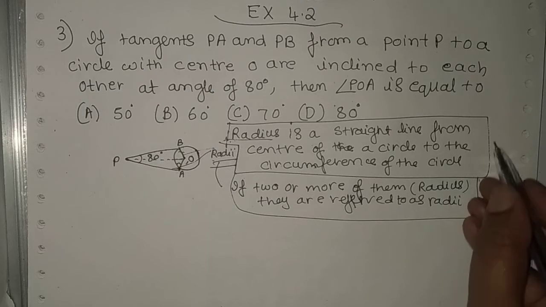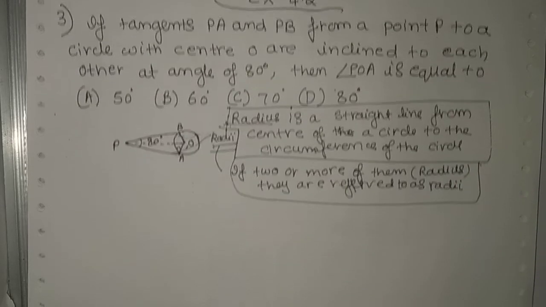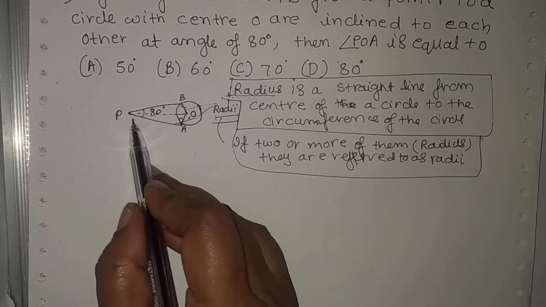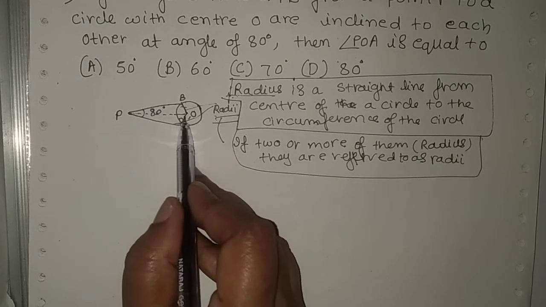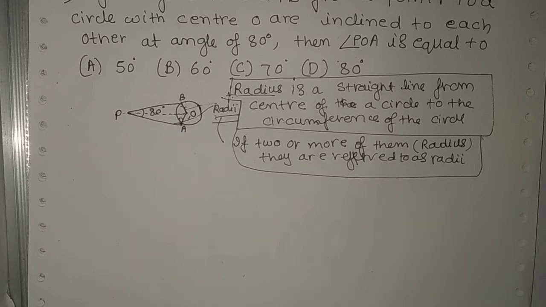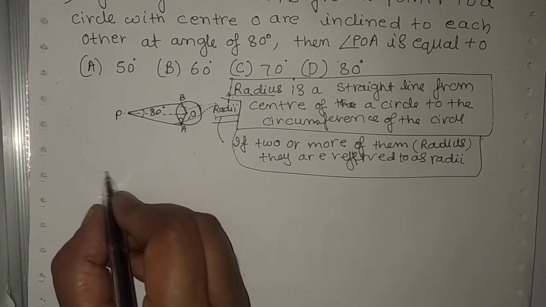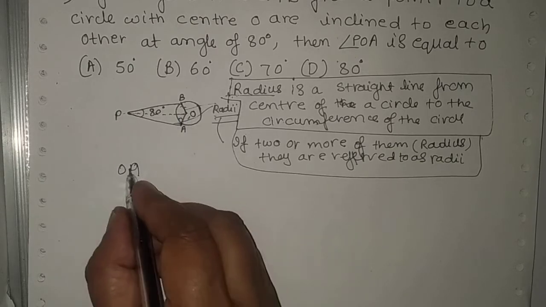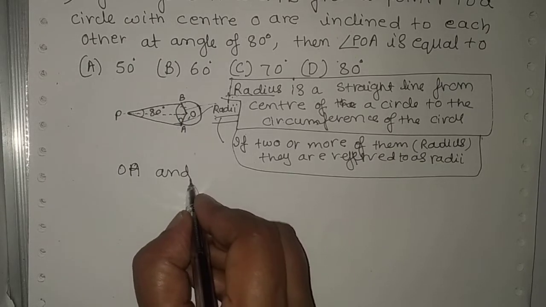So this is the definition of radius and radii. So this is the diagram, two tangents to the circle, two radii and one dotted line which joins P and O. So what we have to do first, OA and OB